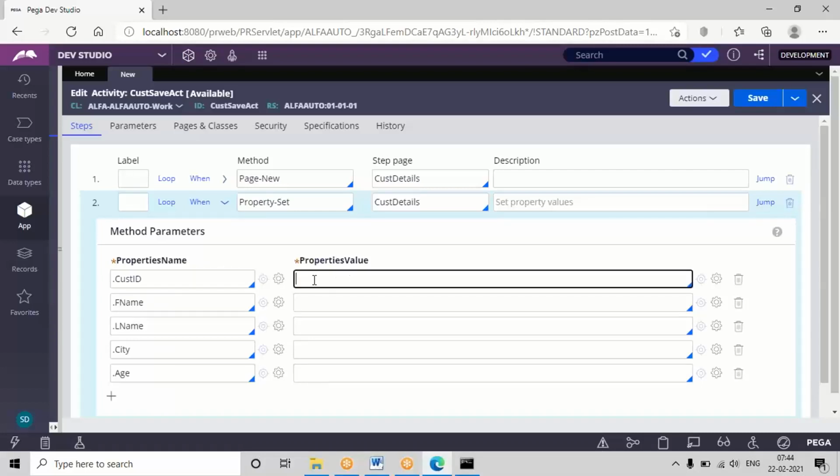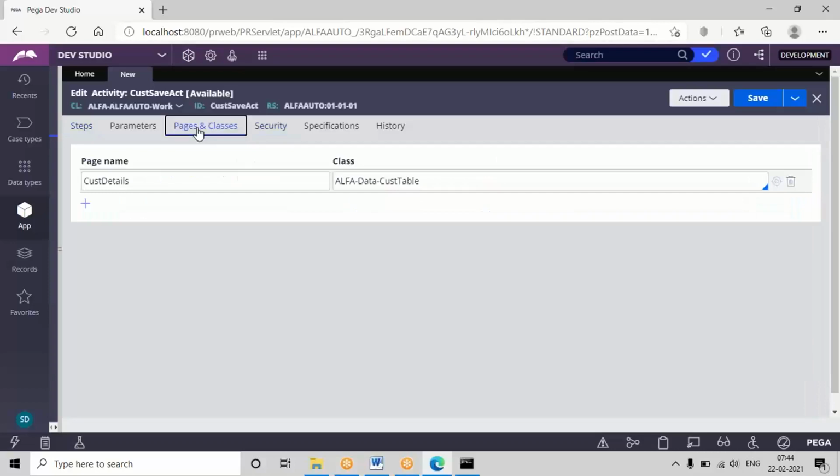Here in the drop down, in order to choose the current class properties, Pega contains one default page called primary. Anytime you want to map current class properties, we'll be using a page called primary. Here in pattern classes, we didn't particularly mention the work class name and pyWorkPage. Actually, for work classes, pyWorkPage is a default page. If you particularly mention it in pattern classes, you can use pyWorkPage.propertyName, but that is not mandatory every time.